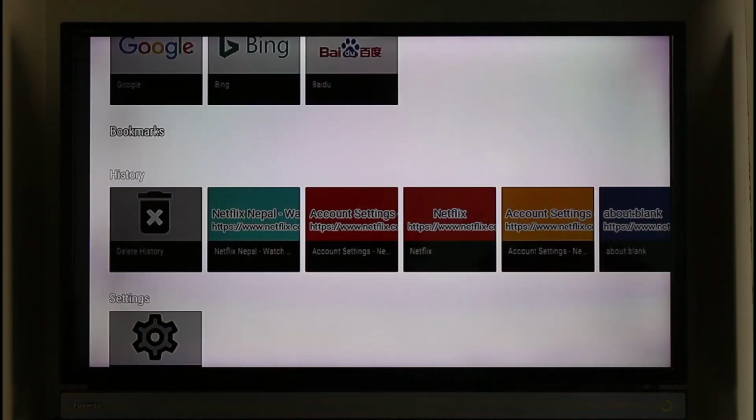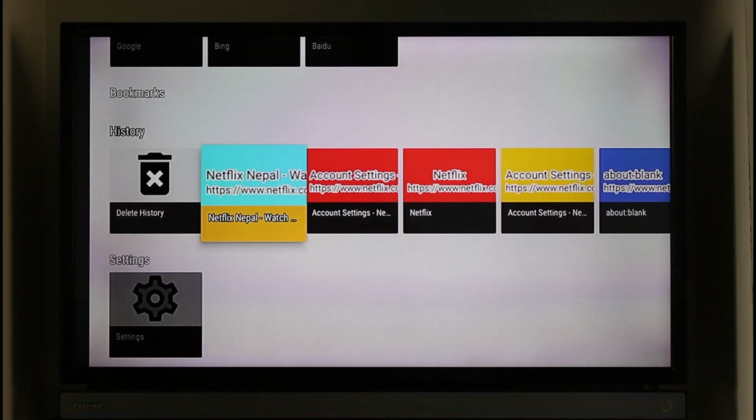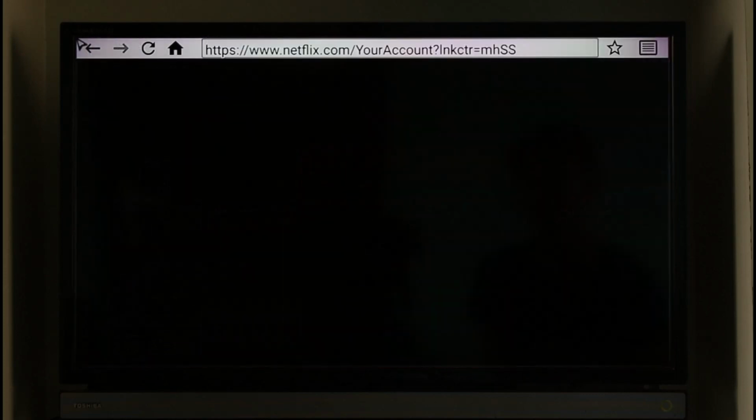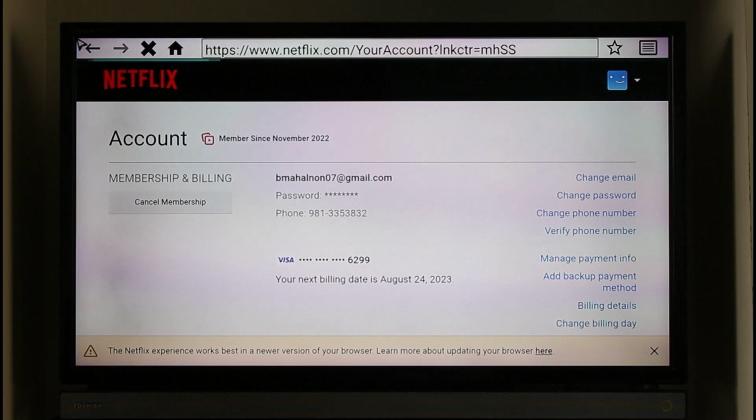What you have to do is simply go to account settings. So basically you have to go to netflix.com/your-account and make sure that you're logged into your Netflix account. As you can see, I'm also already logged in. When you go to netflix.com/your-account on your web browser on TV, you'll land on this page where you have to